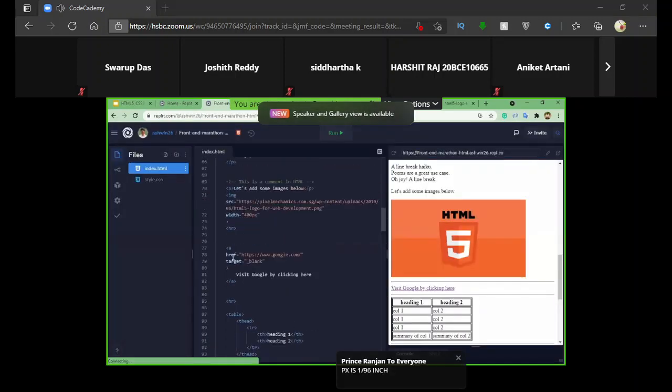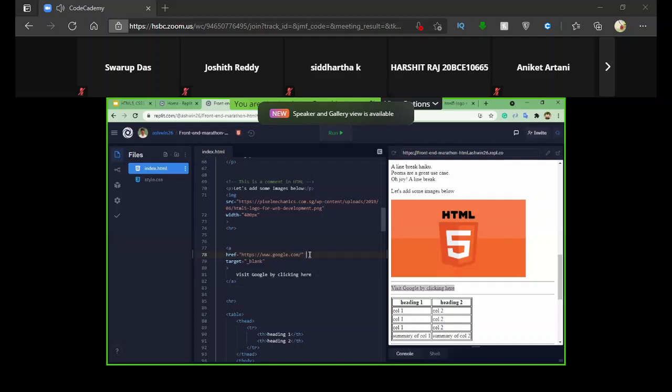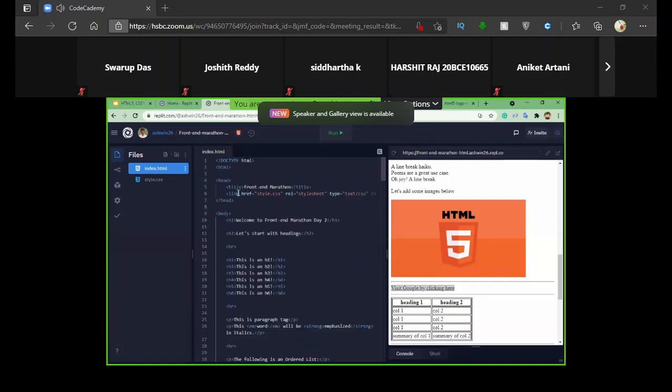In this link we have provided inside this website, we use the anchor tag, right? A is nothing but the anchor tag. If we have to provide the link to where we have to navigate, we provide the value of the link inside this href attribute. Href is an attribute that we use inside a couple of tags. One is the anchor tag, and another, as you can see, we have used over here to link the CSS style sheet inside this HTML part. We have to link it inside this head tag. So that's where I have also used href. Href is nothing but hyper reference to where the file or data is located.